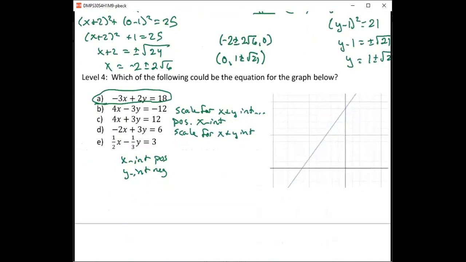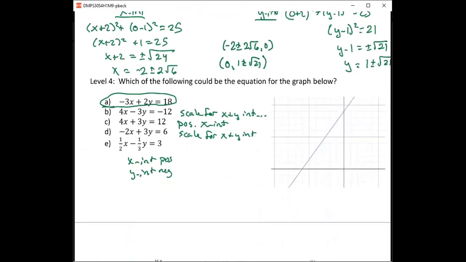For problem number 4, and I like these styles of problems, this level 4 problem, because for me, this is which one could fit the situation. I like these problems because they are a lot more open-ended. It's not just one answer. Why do I like that? Because that's really the mathematical thought of what PreCalculus is trying to push. Do you understand how to open your mind a little bit to say, will this fit the situation or not? In fact, mathematical modeling is one of the standards in PreCalculus, and we want to make sure that you can